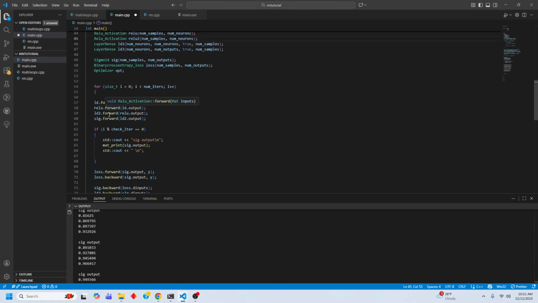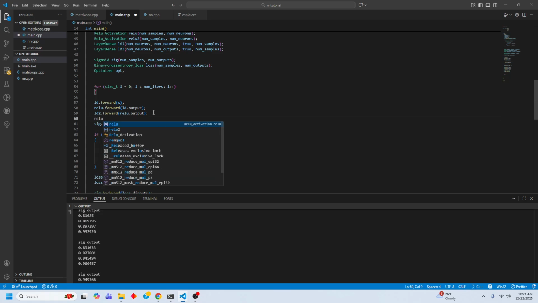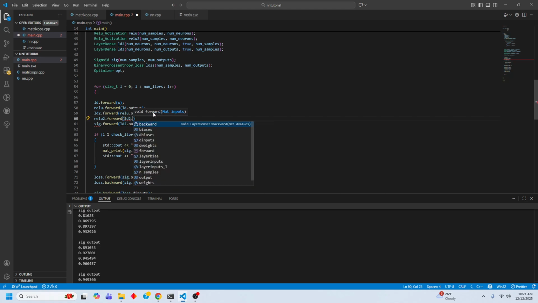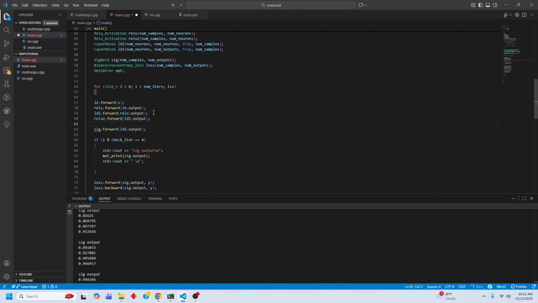So forward LD2, and this will go to ReLU2, LD2, forward LD2 dot output, and then we'll do LD3 dot forward of that, ReLU2 dot output, and then the sigmoid will take LD3, layer dense 3 output,